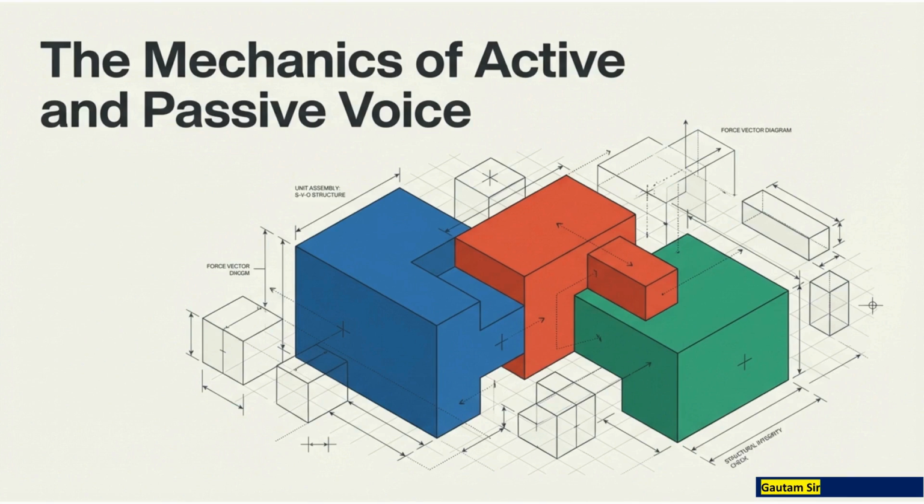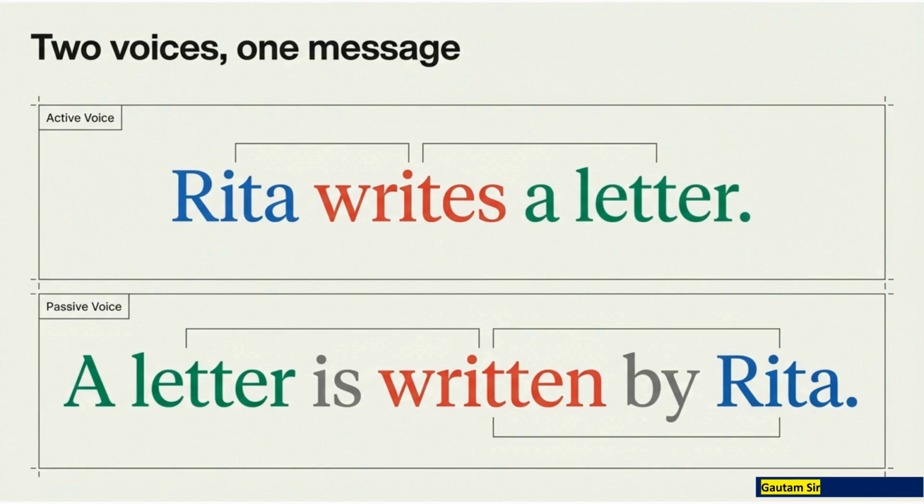Welcome to this video on the mechanics of active and passive voice. We will explore the structure and transformation rules between these two grammatical voices. Both the active and passive voice can convey the same message. For example, "Rita writes a letter" in the active voice can be transformed into "A letter is written by Rita"